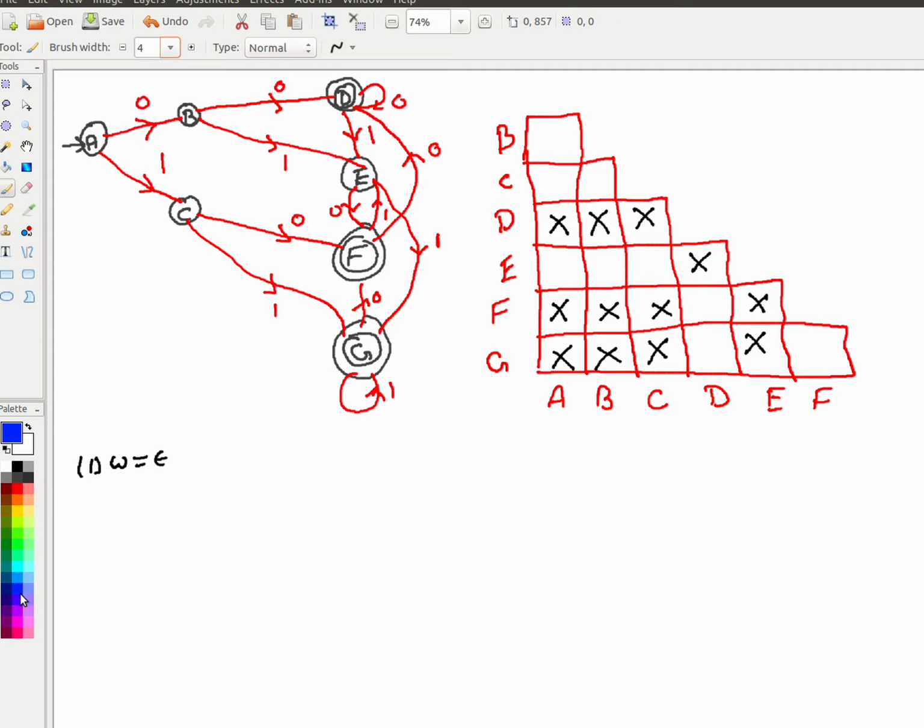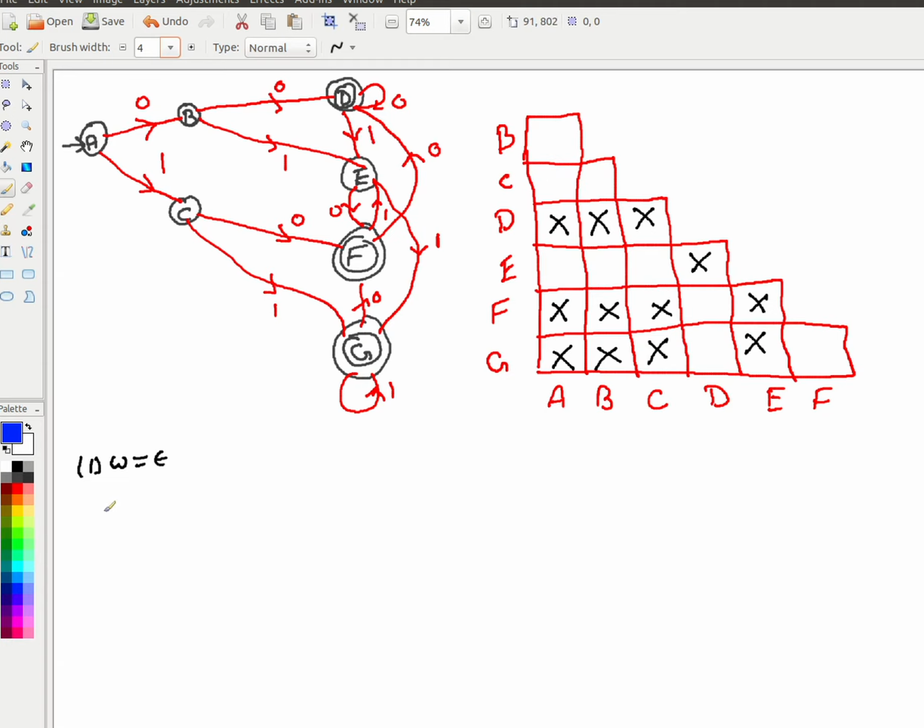Now in the next iteration, we have to find whether we can get anything more. Let's say these black markings are the first iteration. Let's use blue marking to find the new ones. You just have to verify the remaining tuples, because for pairs already marked distinguishable you have already found a counter string, so you don't need to check them again. You only need to check the ones that are not marked.